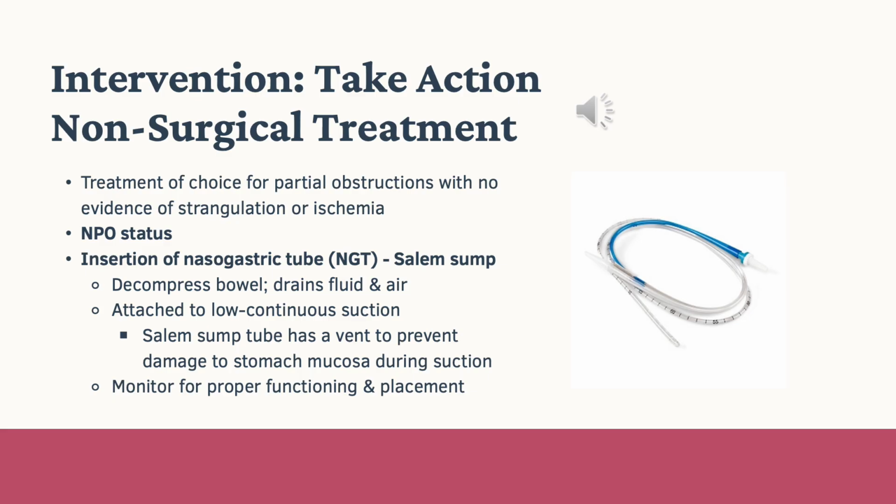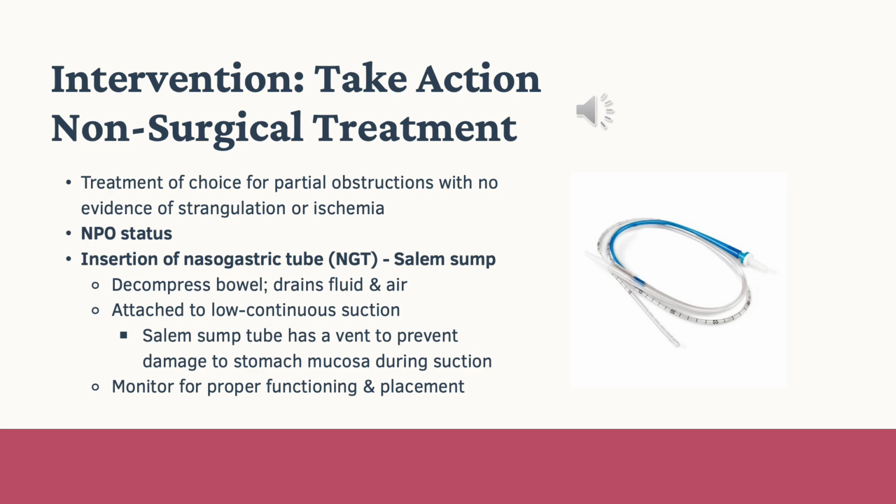So the first step is to keep the patient NPO. This just reduces stimulation of the GI tract and it allows the bowel to rest. Next, most patients will require the insertion of an NG tube, specifically a Salem sump tube. This tube is placed into the nose and into the stomach, where it's attached to low continuous suction. The NG tube serves to decompress the bowel, effectively draining excess fluid and air, which reduces abdominal distension and